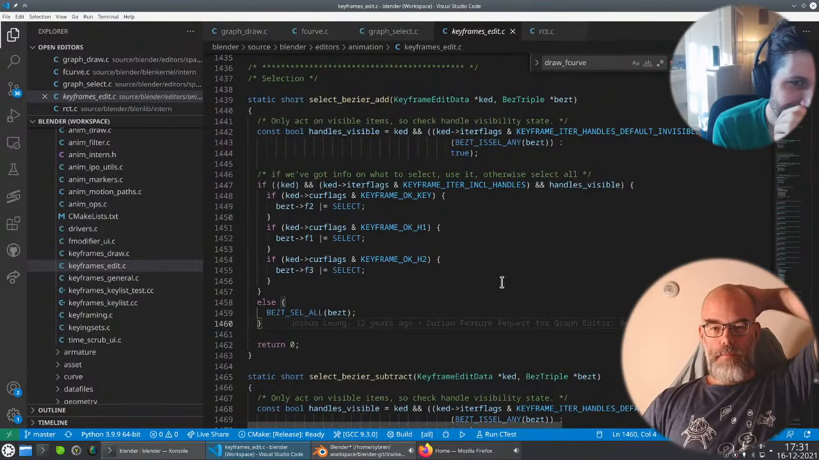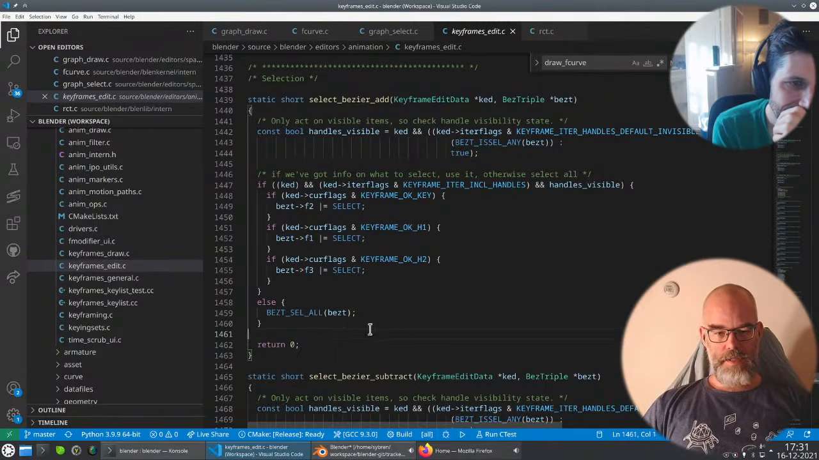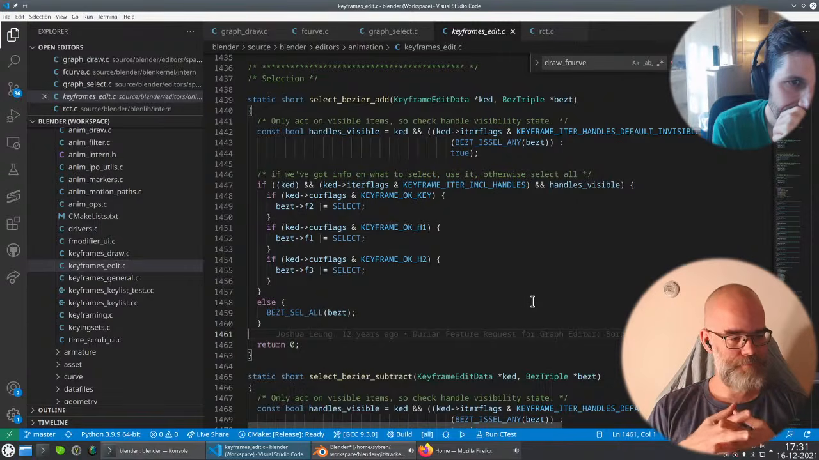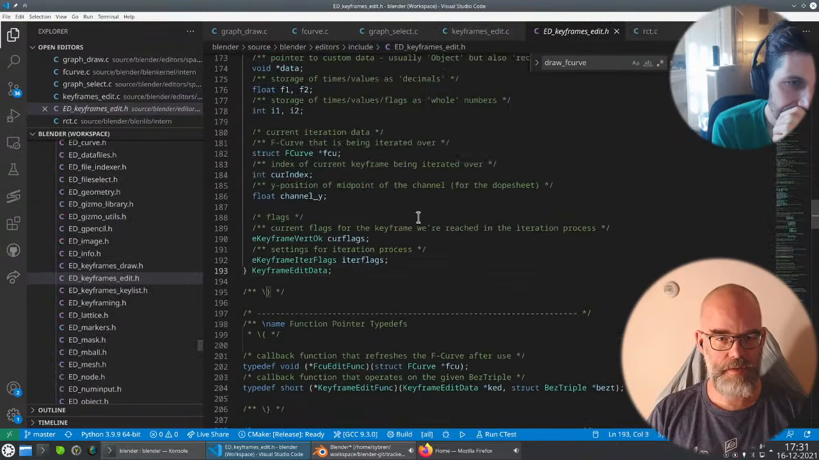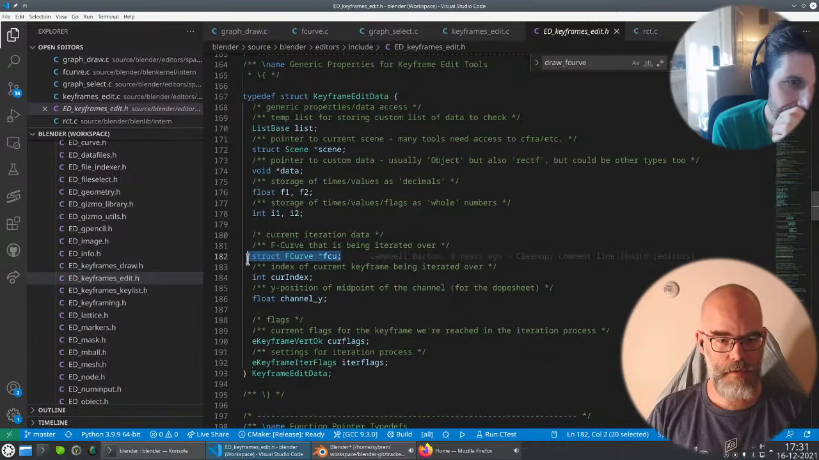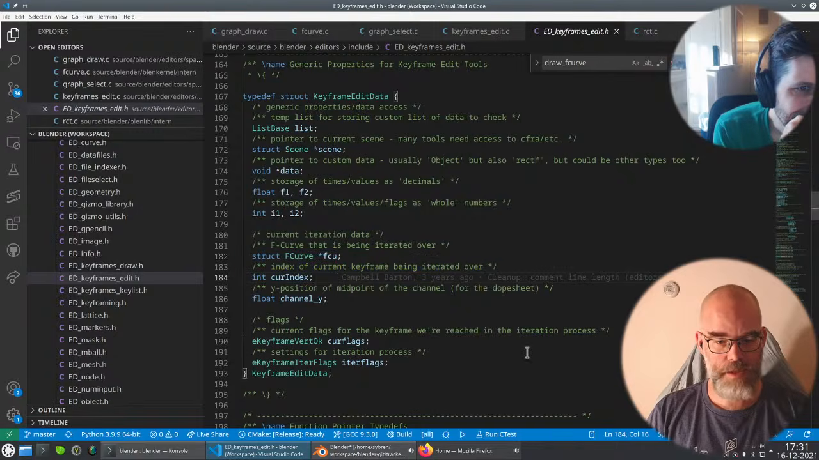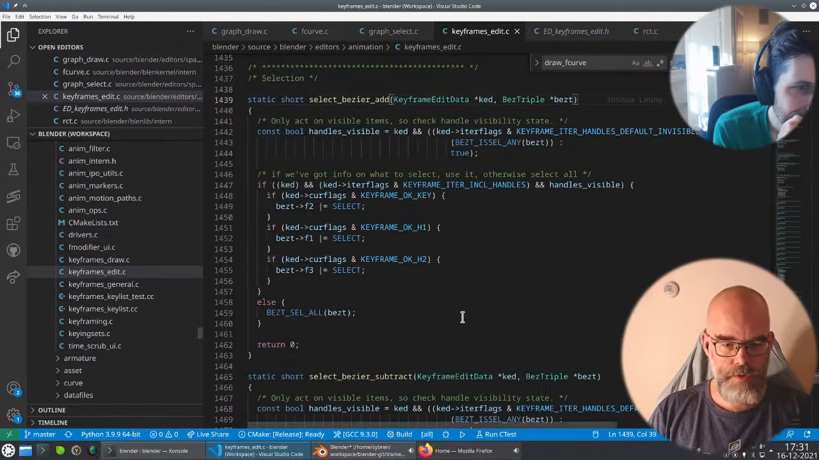Then it has to know which keyframe it is in, like which F-curve, sorry, it is in. If we're going to set the active keyframe index here, we need to know whether we have that information or not. So let's look here. It has the F-curve that we're iterating over. That's good. It has the index of the current keyframe being iterated over. Look, this is exactly what we need. These two. So what we can do, just for shits and giggles,